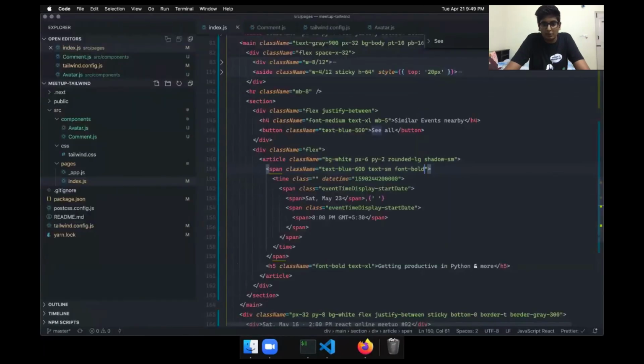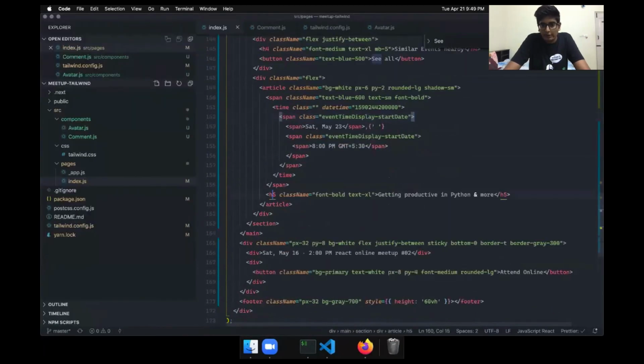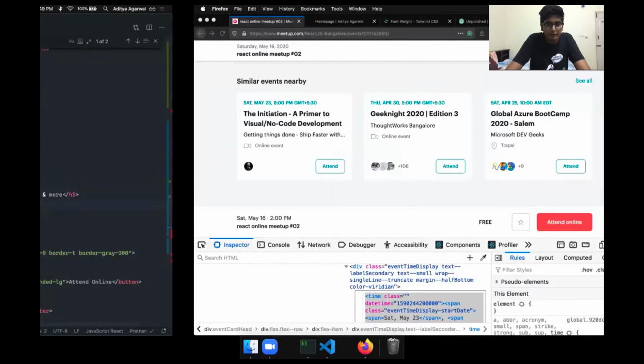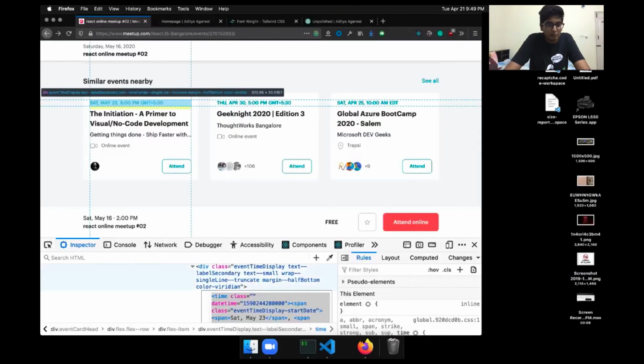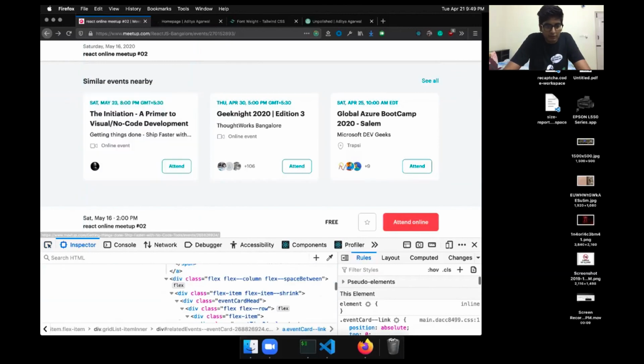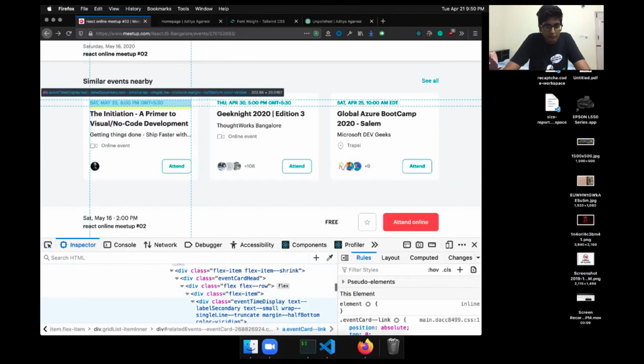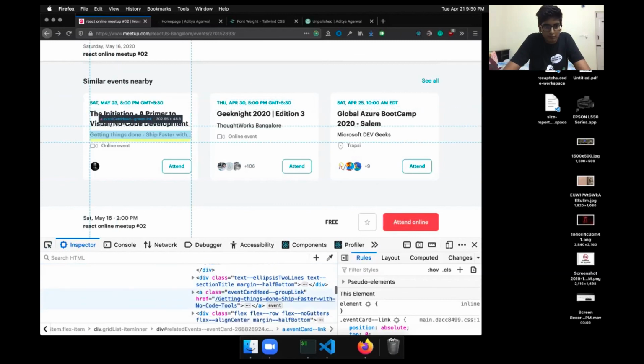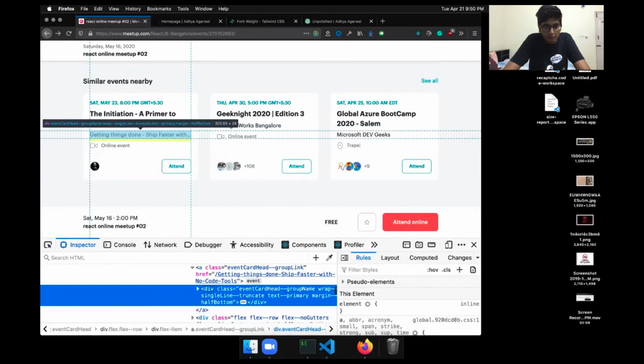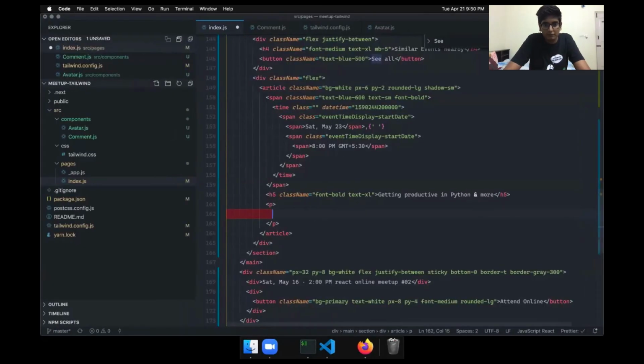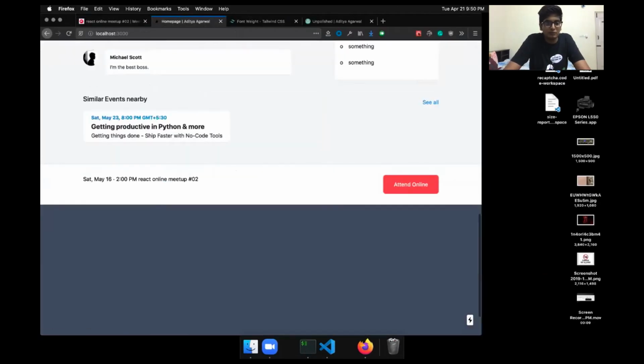So we had a heading, and we again have a, should it be a p tag? Yeah, it should be a p tag, and the content should be, okay. What is happening is that it is growing, so whatever is coming is increasing the width of the card. We don't want that. What we want is a fixed width for that card.